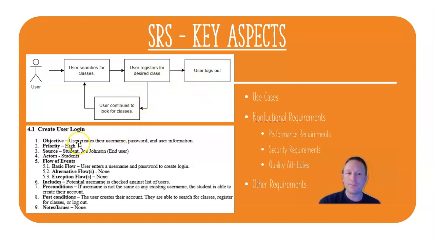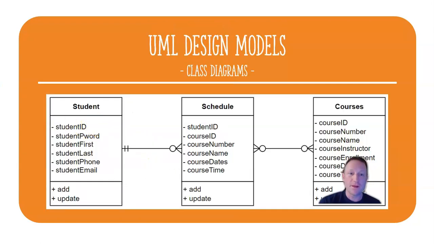Below, I showed an example of the use cases as far as the objects, priority, and everything goes with that. Following this are non-functional requirements such as performance requirements, security requirements, and quality attributes. Another part in the document is more requirements that might be needed for this website or other websites. In addition to the use case diagram, we have some more UML design models, and one of the two examples that I will show is the